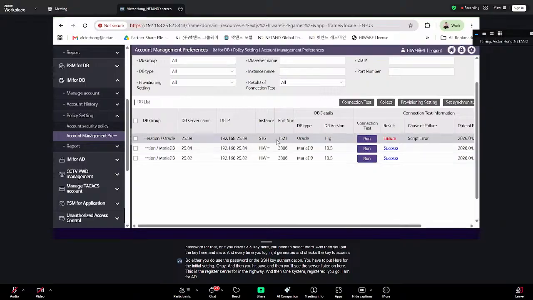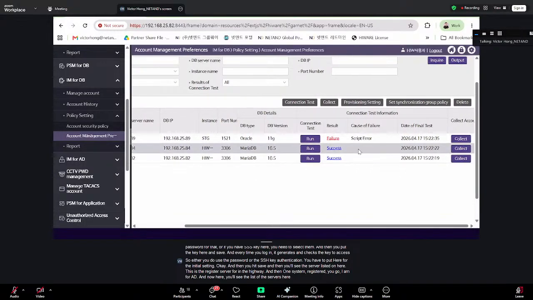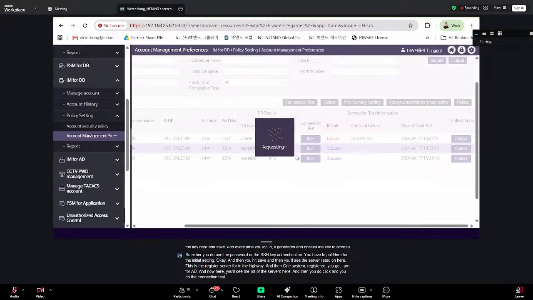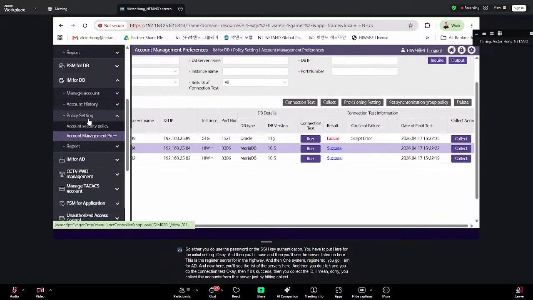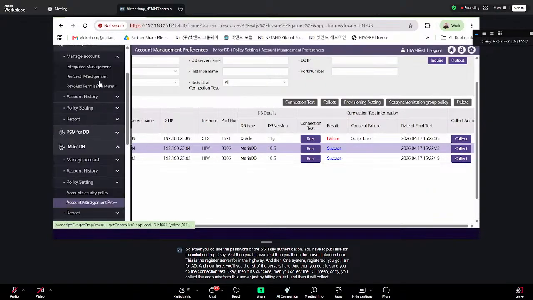And now here, you'll see the list of the servers. Then you click and do the connection test. Okay, if it's a success, then you collect the ID. You collect the accounts from this server just by hitting collect. And then it will collect and show